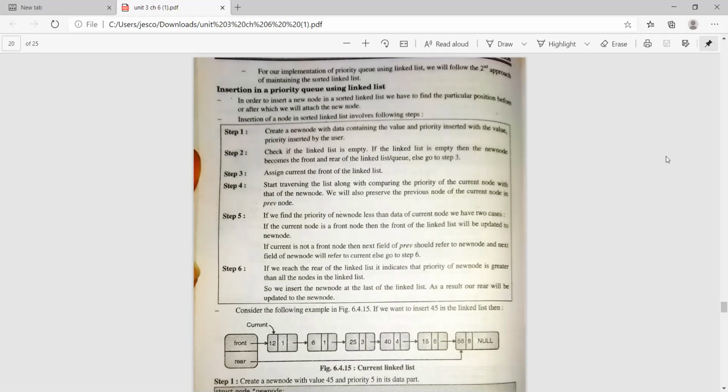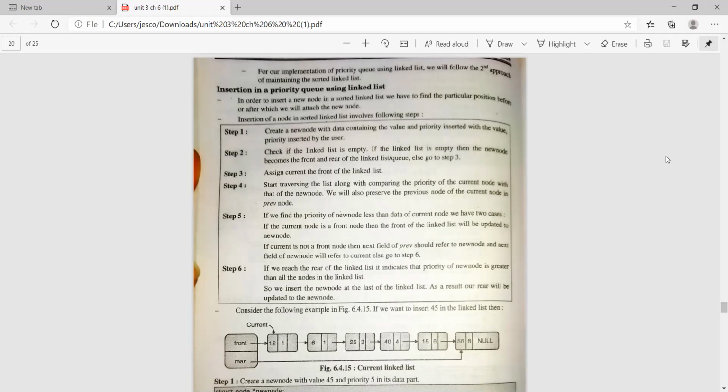That means whatever new node we are inserting will be compared with the current node. We will also preserve the previous node of the current node in previous, so that we can compare the priority and insert the new node.